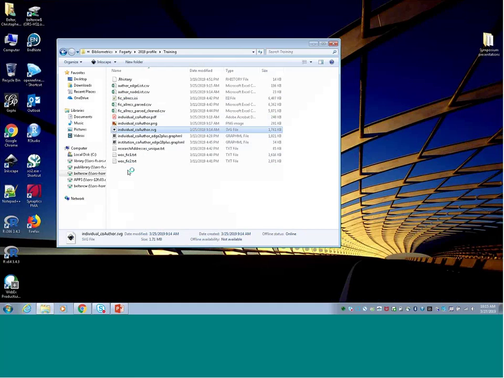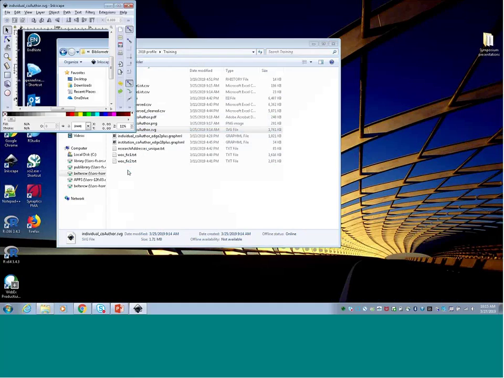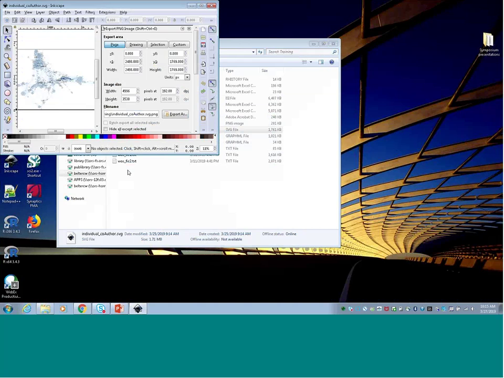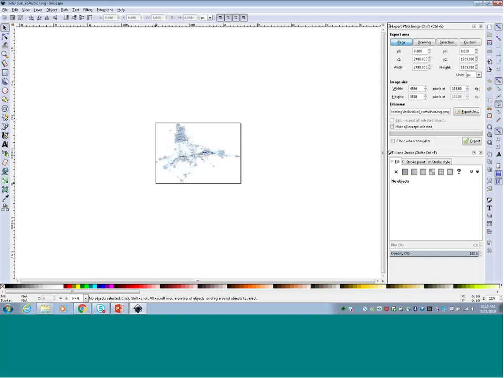Inkscape does sometimes take a while to actually open up, so just be patient and it will eventually appear and you'll be able to start working with it. So let me go ahead and maximize this so we get a sense for what Inkscape looks like. Your version of Inkscape may look a little bit different than what you're seeing here. You probably don't have some of these panes over here on the right. I'll get to those in a little bit.